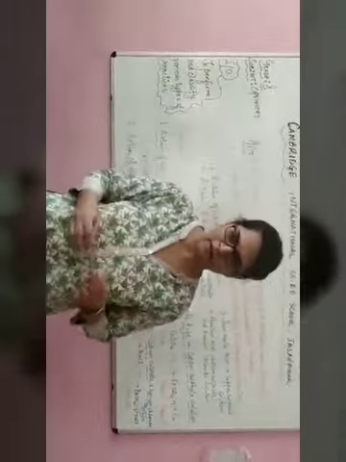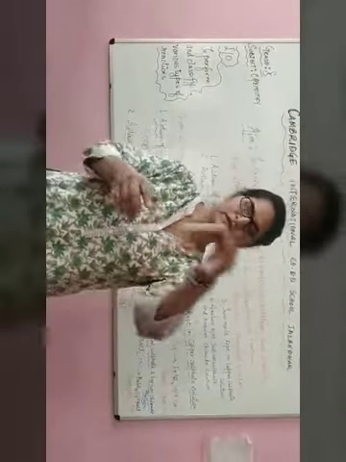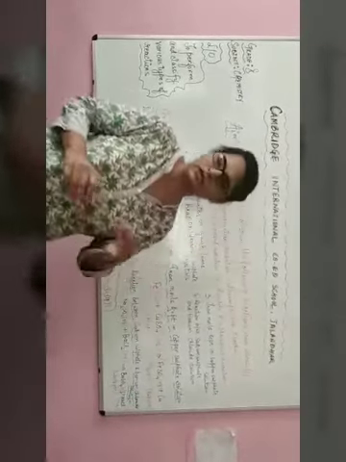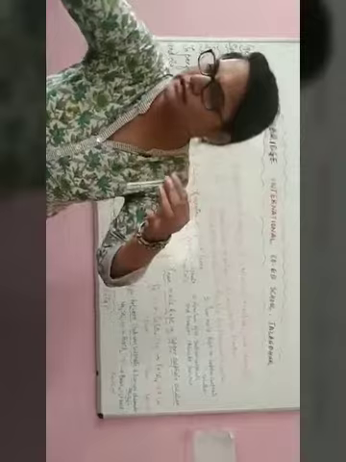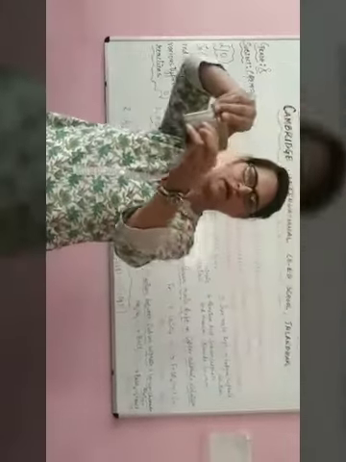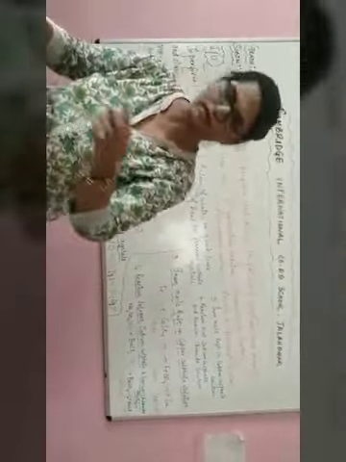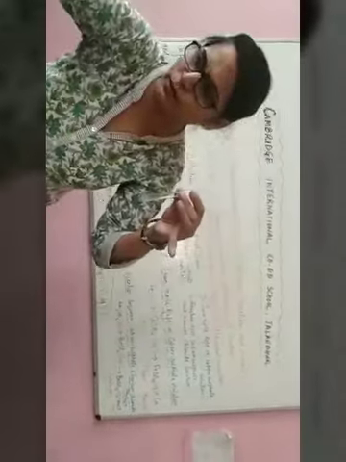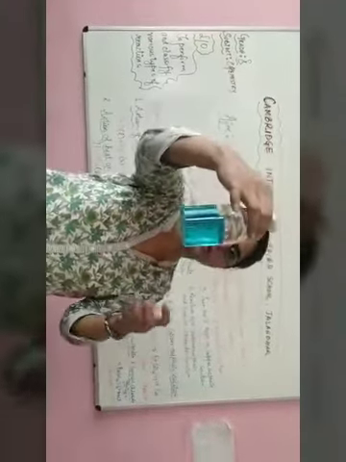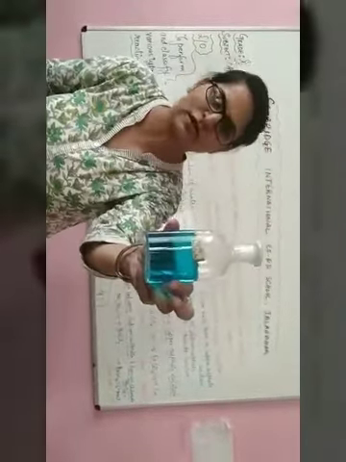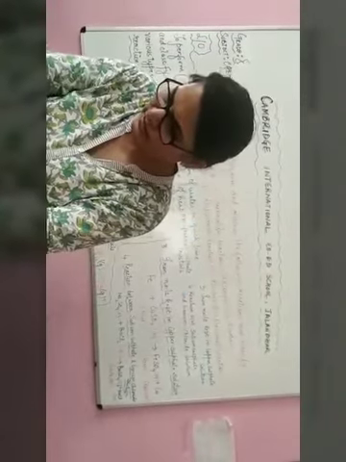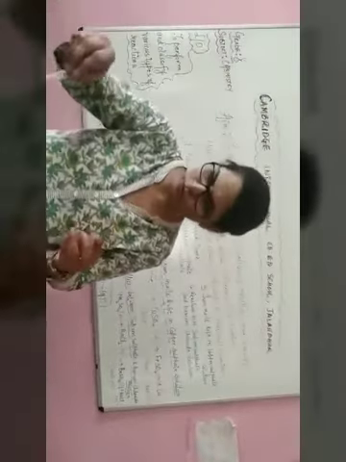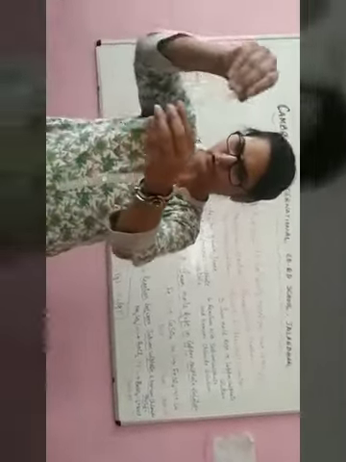This is a chemistry lab in which I am doing the experiments. This is a test tube, and we have to take iron nails kept in copper sulfate solution. I will take the test tube here. Instead of iron nails, I am going to take iron filings, which I will keep in copper sulfate solution for about 15 to 20 minutes. This is copper sulfate solution. The color of copper sulfate solution is blue. I will take copper sulfate solution in the test tube with the help of a dropper.